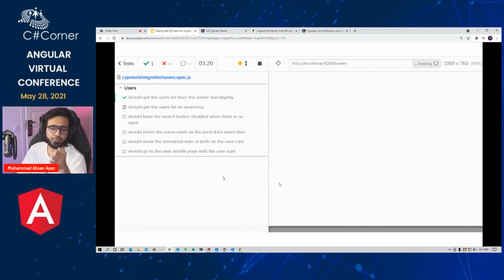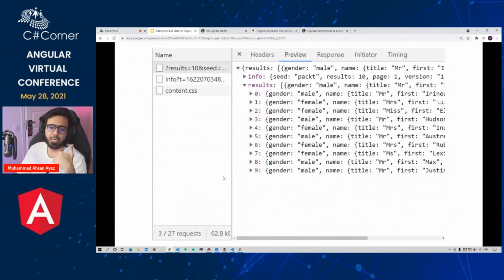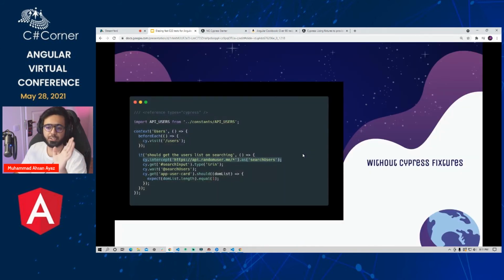So we send a user's query, or we hit an API to get the users, and this is the result that we get. Notice that we have an object that has the results key, and this results key contains an array of different users. Now, without Cypress fixtures, this is what our code looks like. We just do a cy.intercept and use a variable alias, and then we wait for search users, and then we